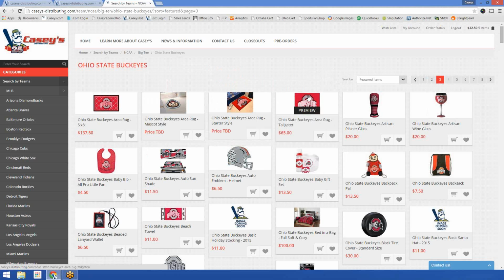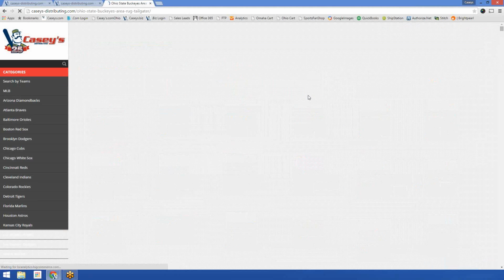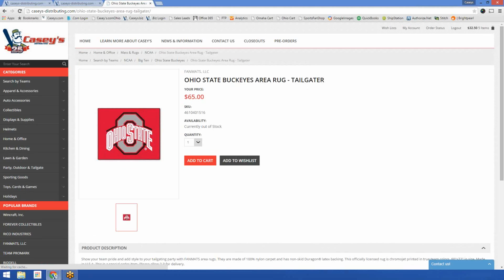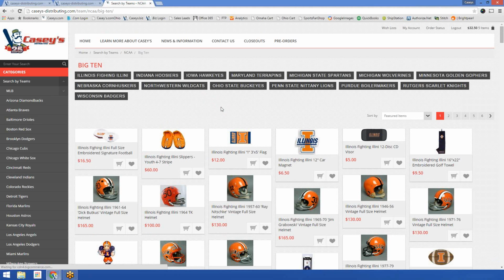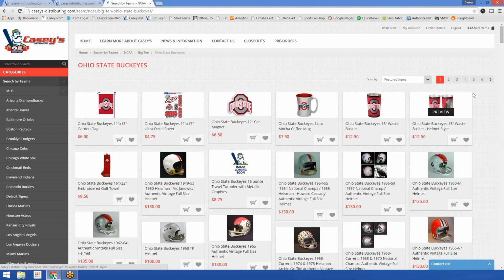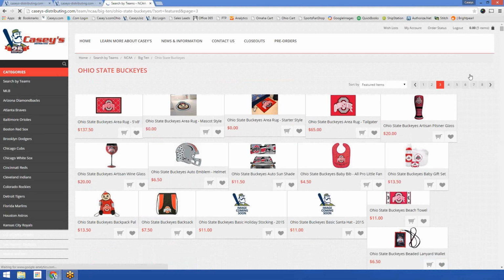It costs you time. If you don't click on the preview button and you click over on the overall screen, the product details page pulls up. Okay? This is the product details page. The problem with this page is, if you don't know how you're navigating in here, there I just went back to Big Ten. If you don't know how you're navigating on page 3 of the Ohio State product,